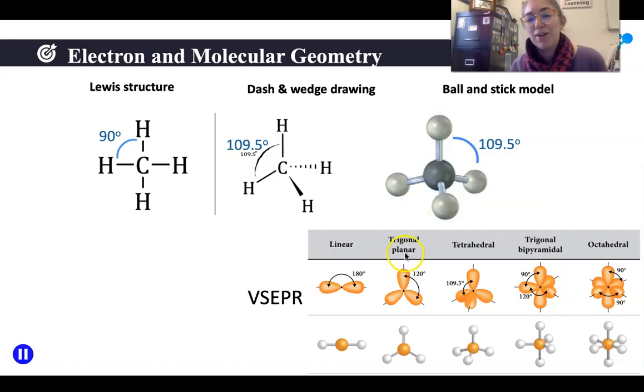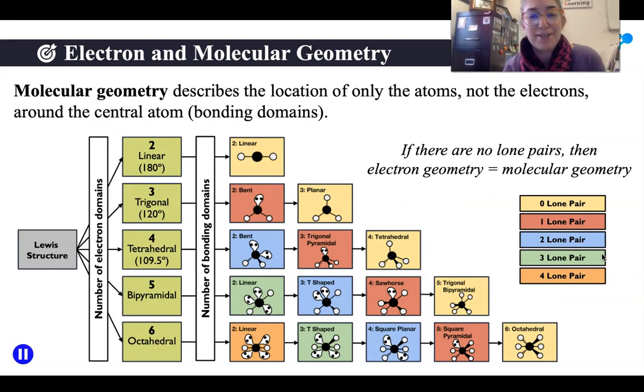So linear, trigonal planar, tetrahedral, trigonal bipyramidal, and octahedral. And these are the electron shapes. So those electron domains can be lone pairs or atoms. All right. If we are just looking at the molecular shape, the positioning of the atoms, we have a variety of different shapes. And this is just like a neat table that kind of shows you all the different molecular shapes for each of these different types,